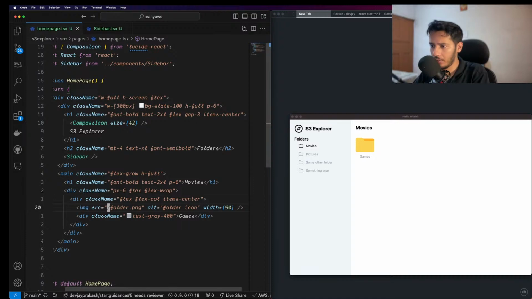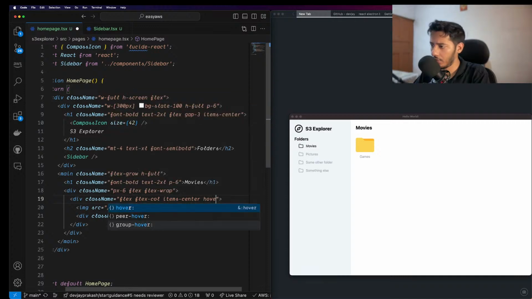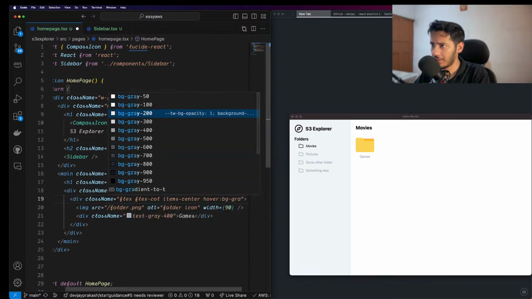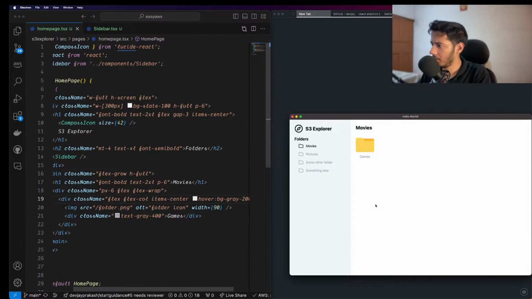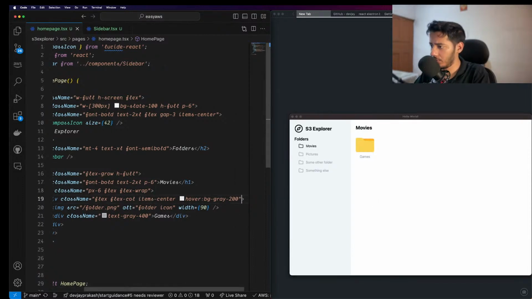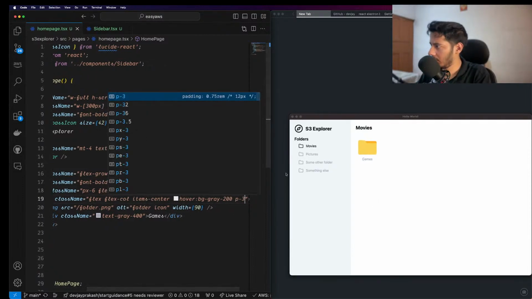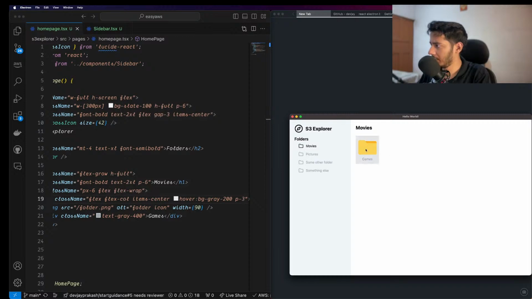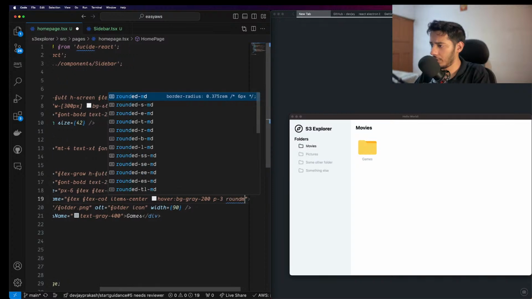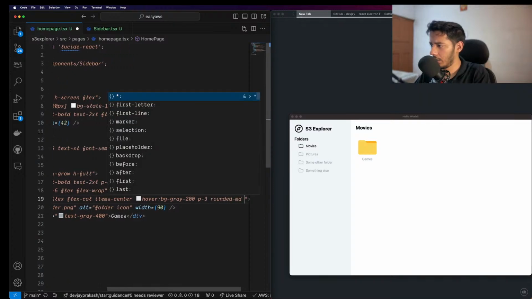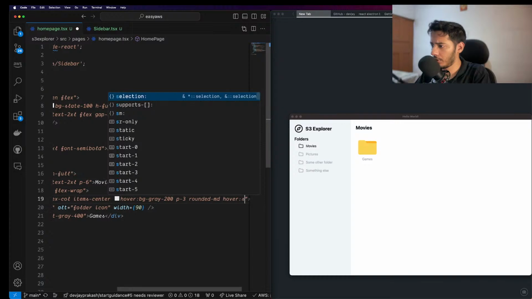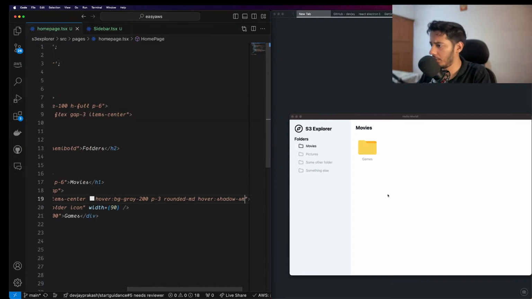So let's quickly do that. So let's quickly have some hover states over here. So we'd say hover bg gray, something like, I don't know, 200 is kind of good. We need to have some padding as well. Cool. So we have some padding, and that's cool. Also this needs to be rounded a little bit. And I don't know, over here on hover, if we have the shadow, I don't know how it will look. It looks kind of good. I don't know. Shadow MD,